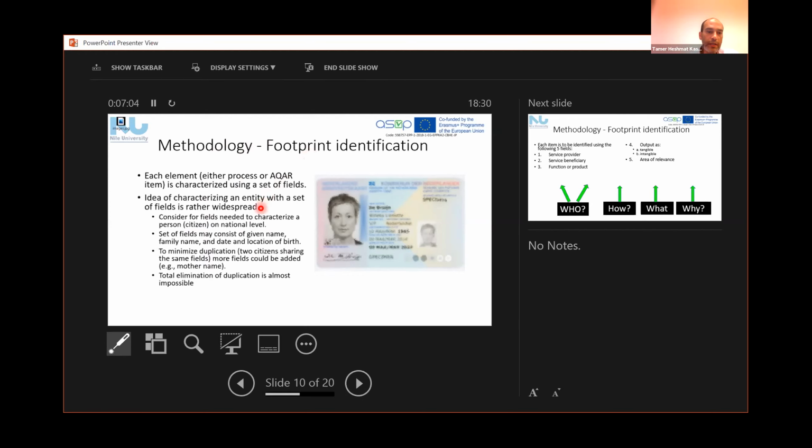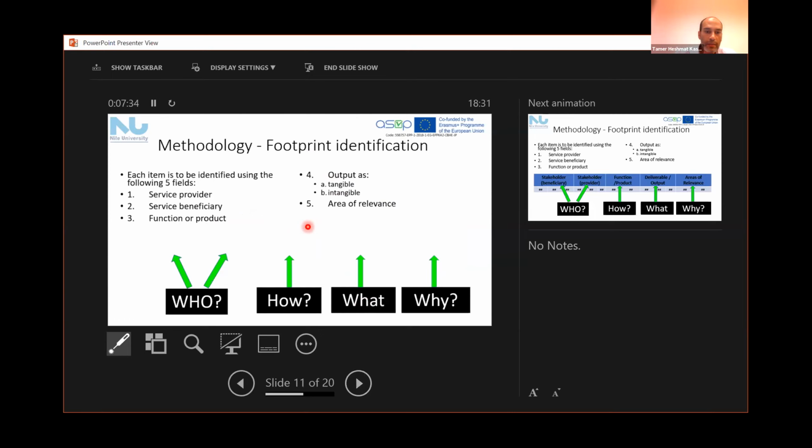The footprint idea is similar to the idea of identification of each citizen, for example, by the given name and family name and date and location of birth. We assume that two citizens can never share the same information. However, this is not true because we will always have some probability of duplication. However, we can ignore this, and we can assume that this is effective. So the same is occurring here, we assume that, I'm sorry,